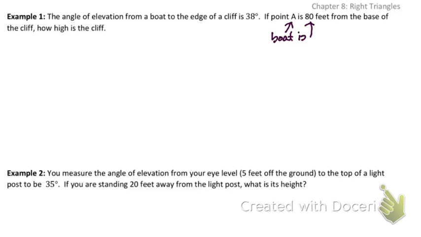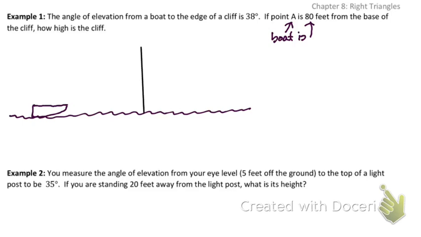So first of all, we have this boat, this beautiful boat that's going to be drawn right now, right there. It's floating across some water. And then we have some cliff that's 80 feet away from it. So here will be my cliff. Let's go ahead and erase all this extra water. We don't need to see that. So we have this cliff here. Now we know that the boat is 80 feet away from this cliff. So let's go ahead and mark that. This is 80 feet